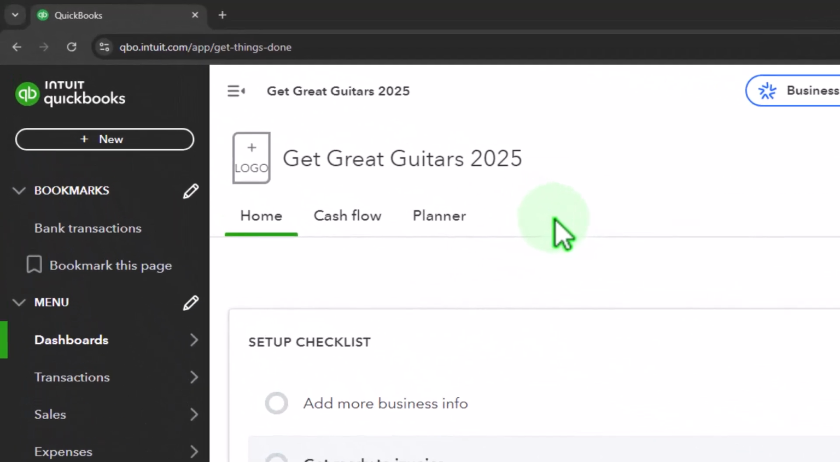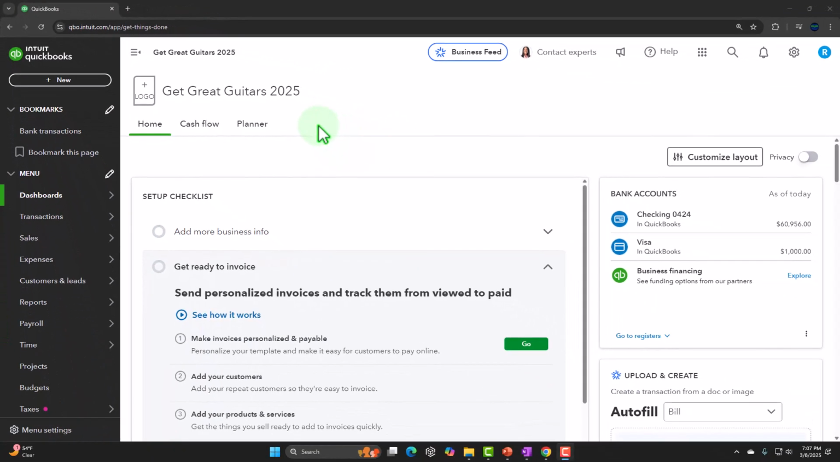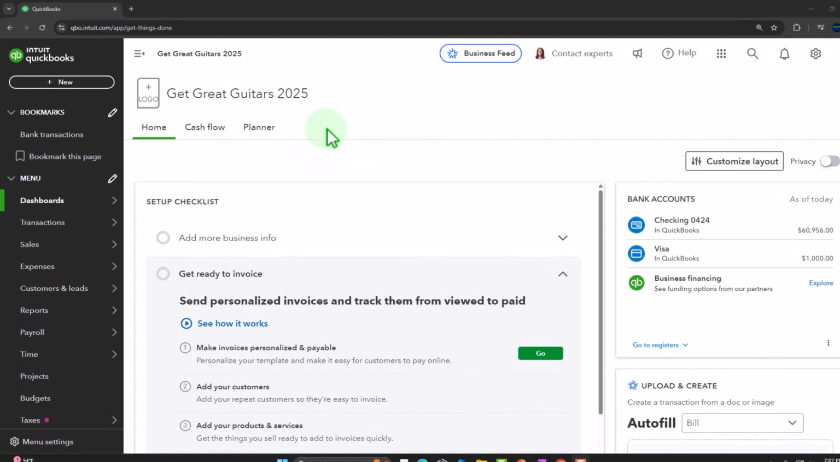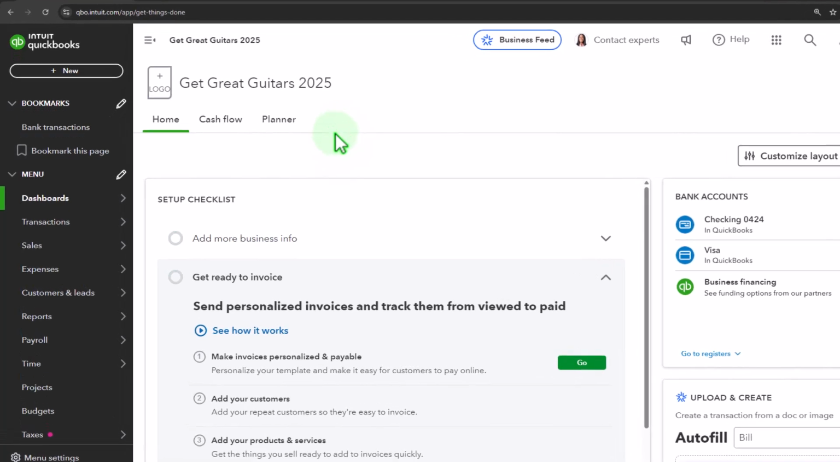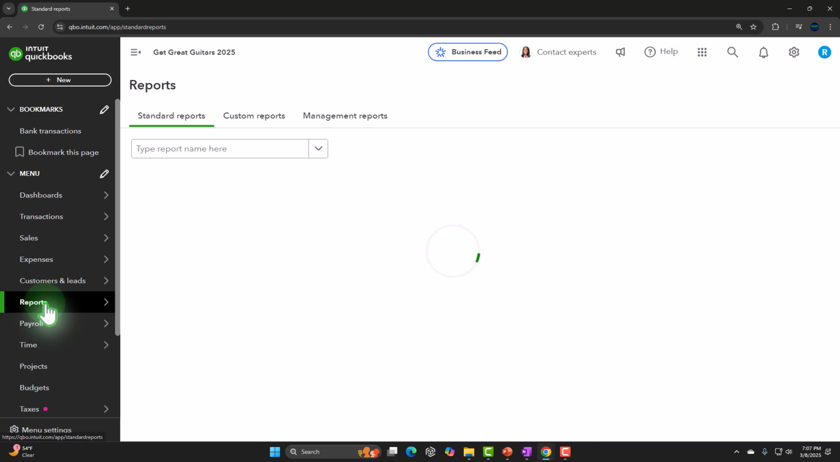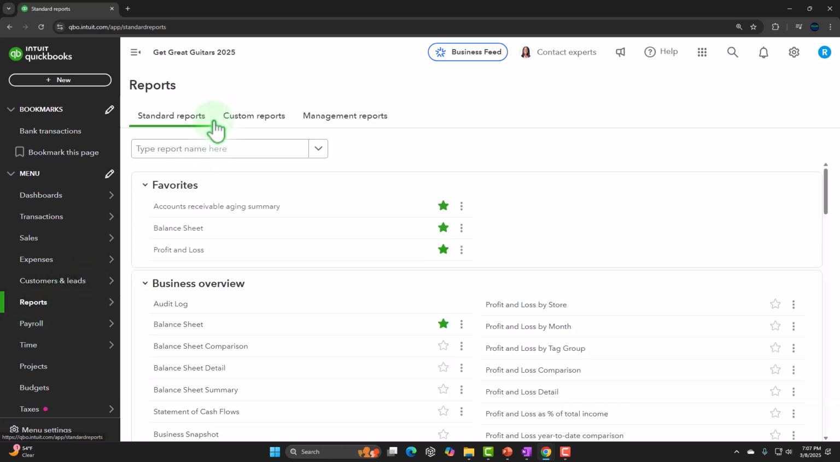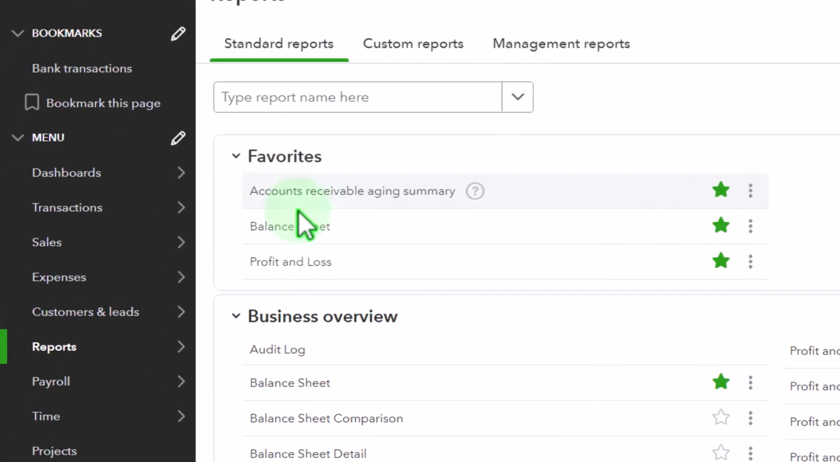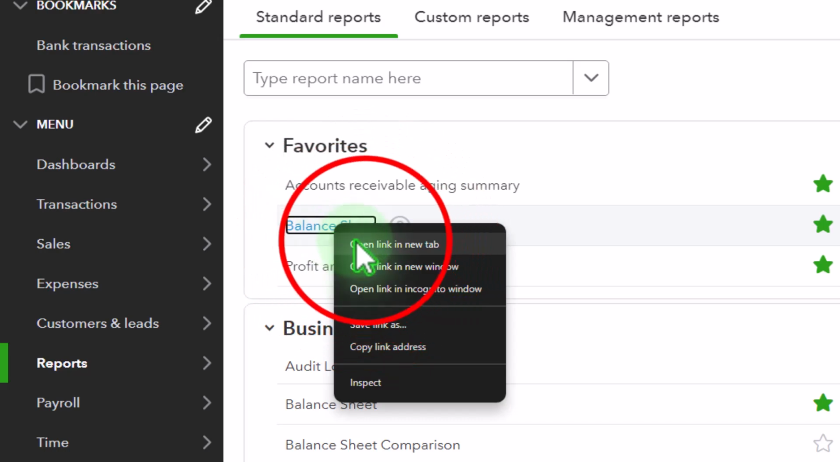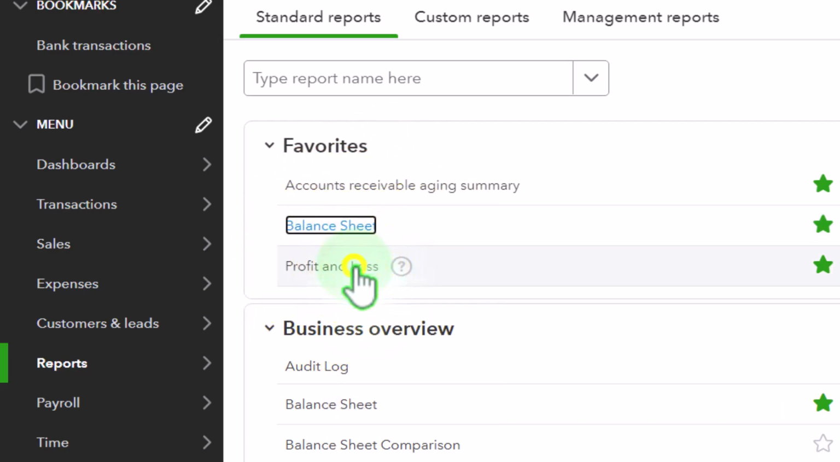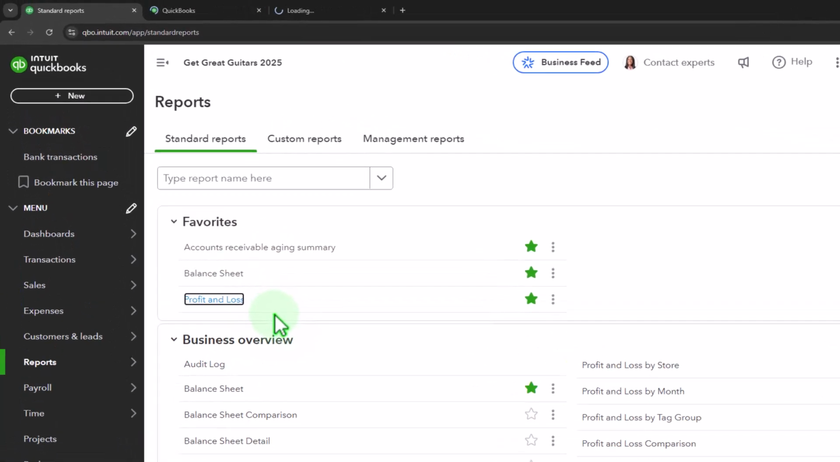Here we are in our QuickBooks Online Get Great Guitars 2025 project file we set up in a prior presentation, opening the major financial statement reports like we do every time. The reports on the left-hand side. In the standard reports, we're within the favorites section, right-clicking on the balance sheet to open a link in a new tab, right-click in the profit and loss to open a link in a new tab, tabbing to the right,